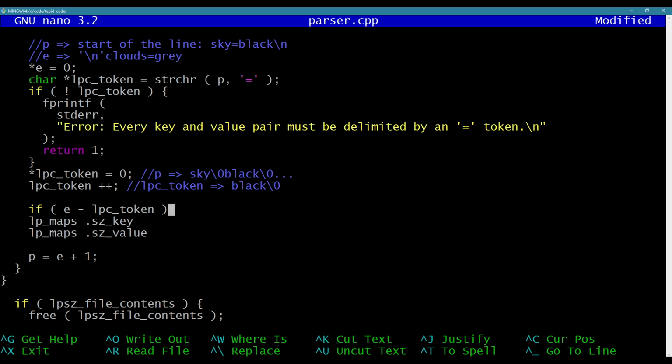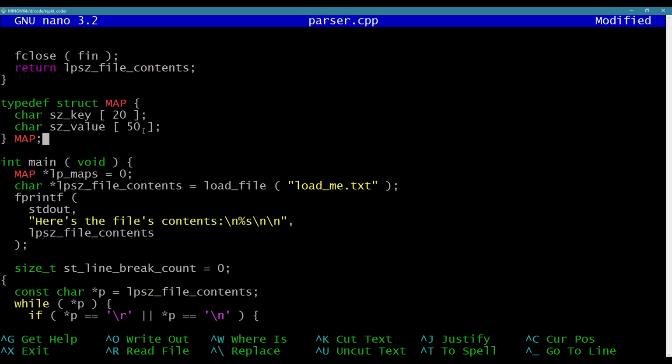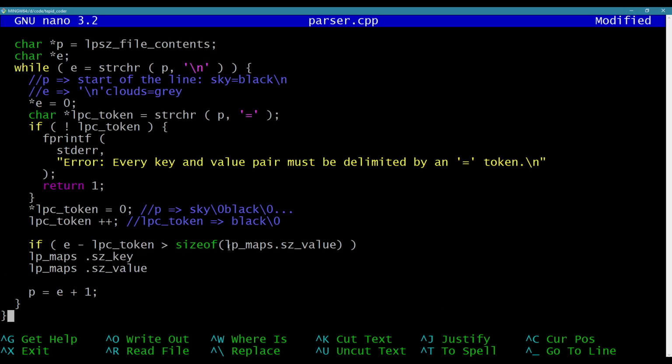So that should work. So if that's greater than, this would be, what do I say, size of, and we'll do LP maps.sc value. So if it's greater than this length value, if it's greater than 50, in fact, I'm just going to put 50 here. So it's greater than that minus 1, because, in fact, I'll make it greater than or equal to. I know I keep changing my mind here, but